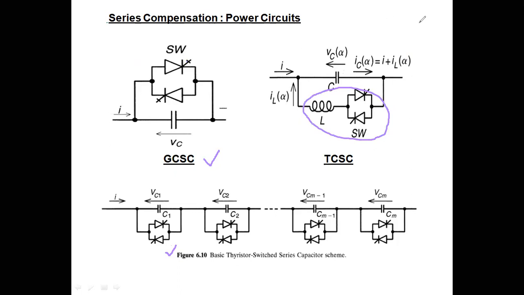What is a TCR circuit? An inductor connected via a switch, that is, in series with that inductor there will be an AC switch. So the voltage across this is fixed. Only the current passing through it is varied, by varying the firing angle of the thyristors, thyristor 1 and 2. So that is about series compensation.